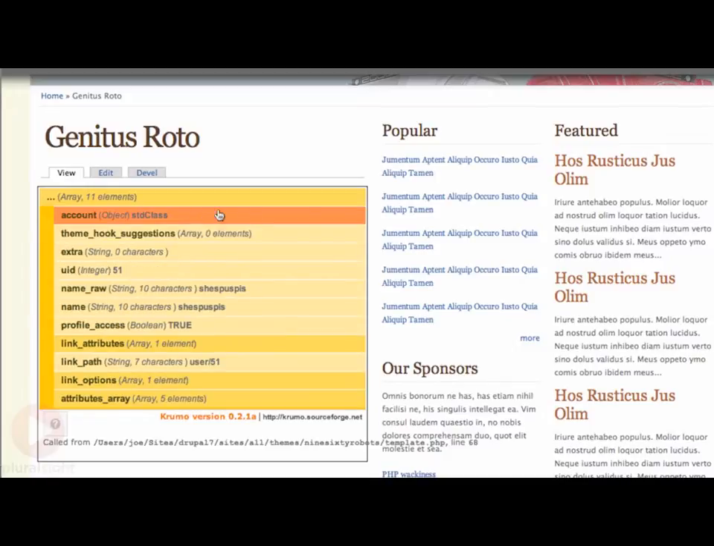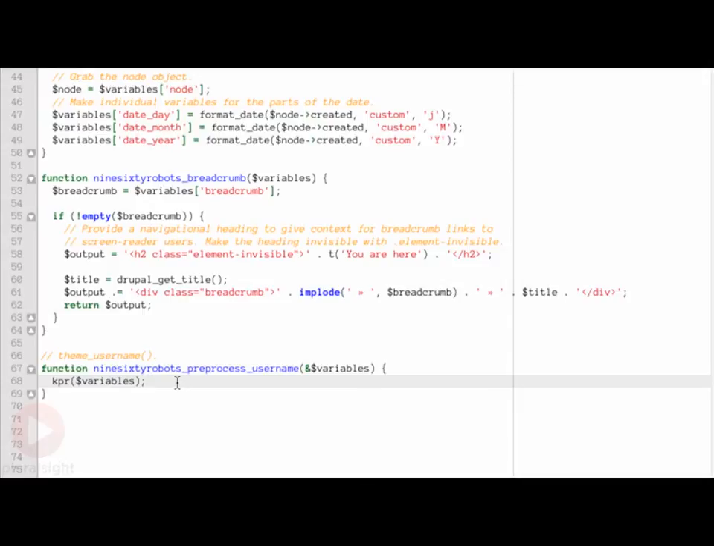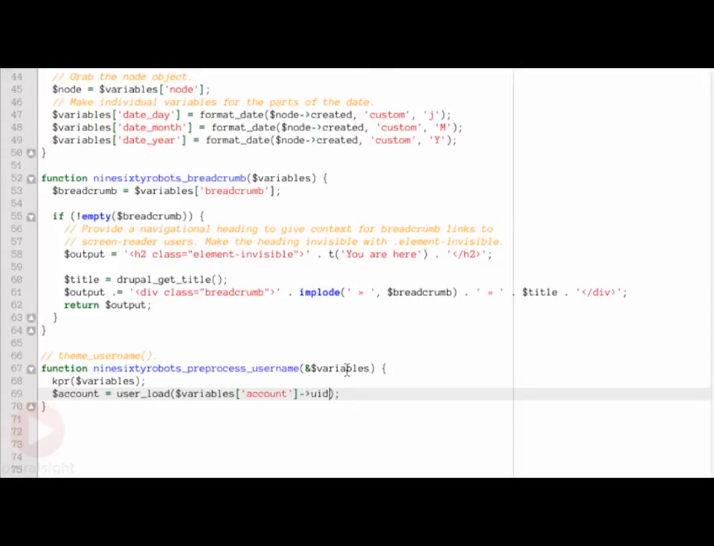their real name. So if I switch back over to our code, what I'm going to do is create a new variable named account and use the user load function in order to load the full account for that user. I'll use the UID property from inside of this variables array. So inside of variables, you'll remember there was a key named account, which was an object, and one of the properties of that object was the user ID. So this will use the user load function to load the complete object representing the user with this particular user ID. Once I've done that, let's go ahead and print out that new account variable and see what's inside of